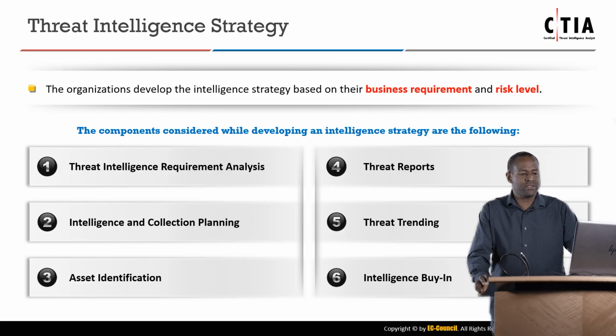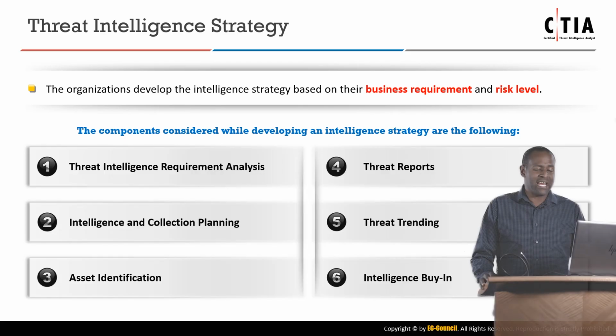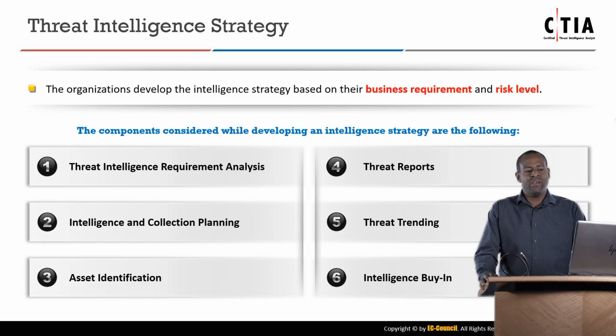Next is threat reports, keeping track of those, knowing exactly what types of threats might be around the corner. Number 5 is threat trending. Look at the graphs, see what's happening with threats, and know if you need to start getting ready to defend against that in your organization. And then intelligence buy-in. If we